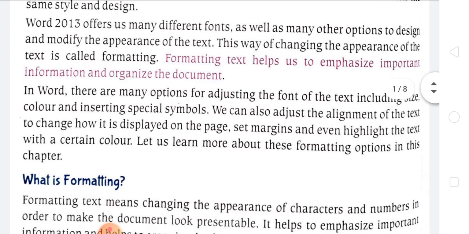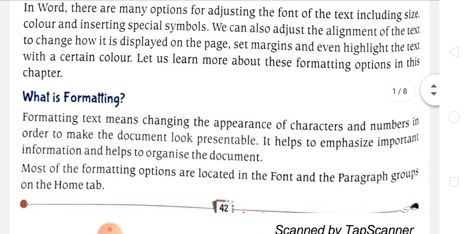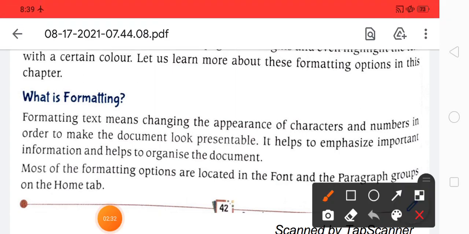Okay, so now we learn what formatting is. Formatting text means changing the appearance of the characters and numbers in order to make the document look presentable. It helps to emphasize important information and to organize the document.